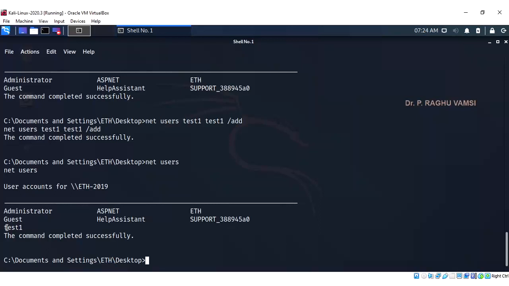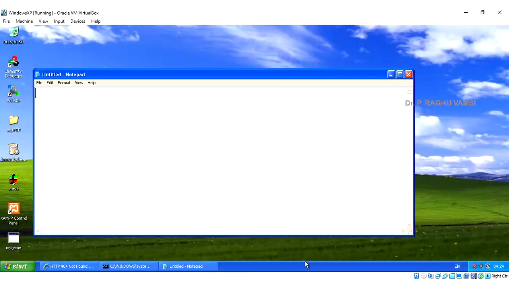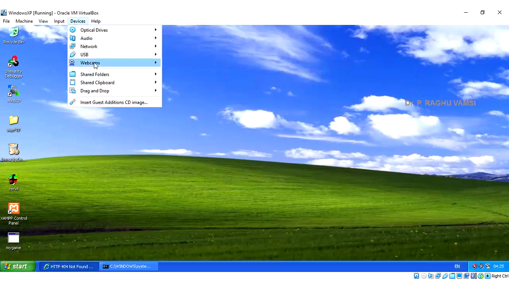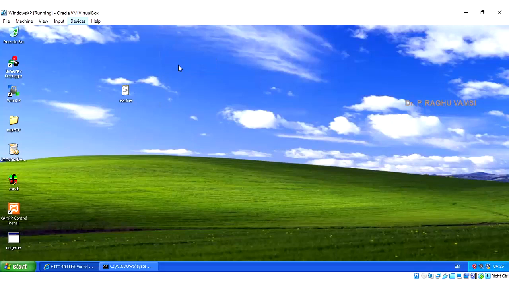You can do every activity that you want on the Windows operating system. See, you look here. Notepad was opened, right? It takes some time for sending the control to the Windows XP, and now Notepad was opened. Like that, whatever executables are there, you can open them. And you can also open things like the webcam. So I have clicked the webcam here, integrated camera, and this integrated camera will be installed here.